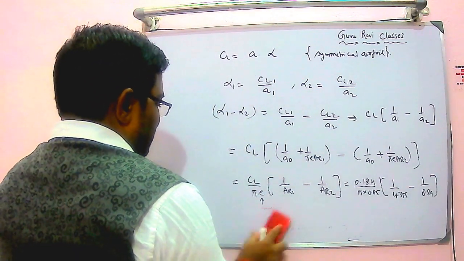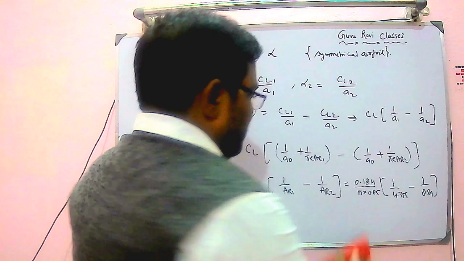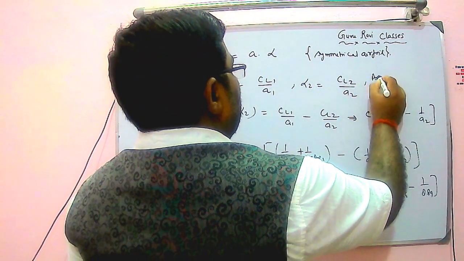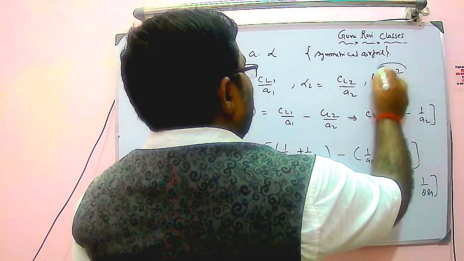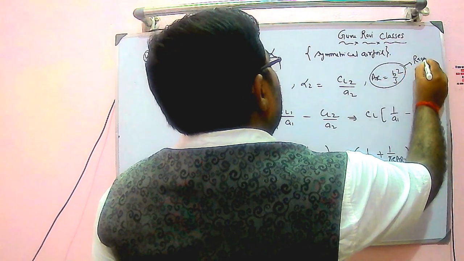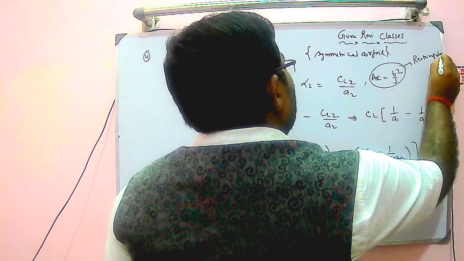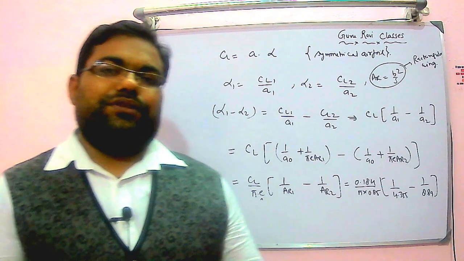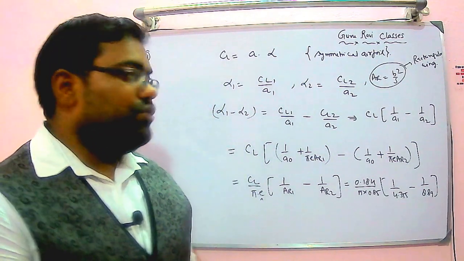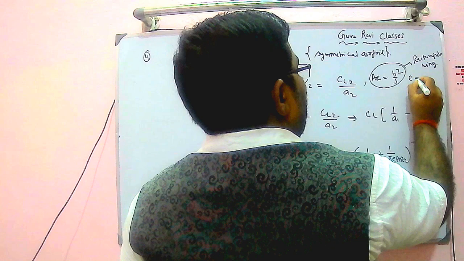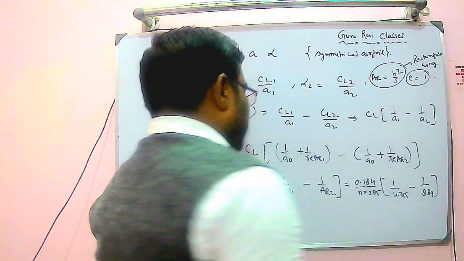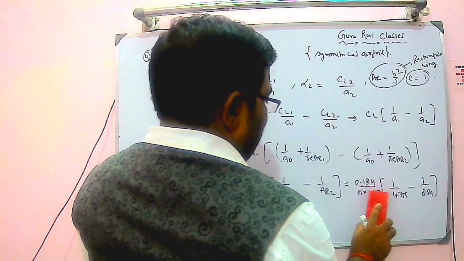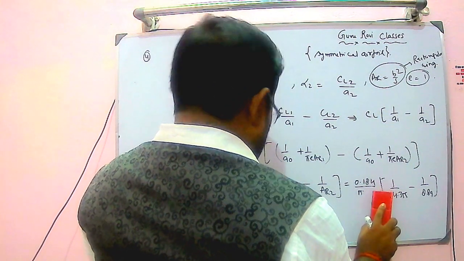I have to make one assumption. The assumption is that we have already written aspect ratio is equal to b square divided by S. This is applicable only for a rectangular wing. And for a rectangular wing, basically the Oswald efficiency factor is equal to 1. So if you put 1, there is no meaning of E now, so you can remove this.